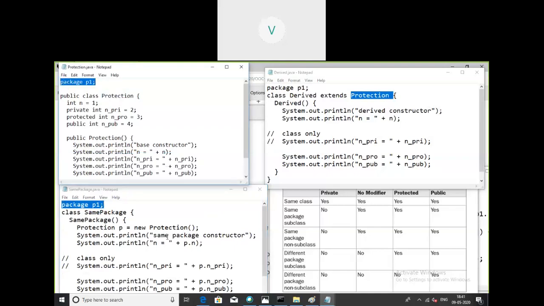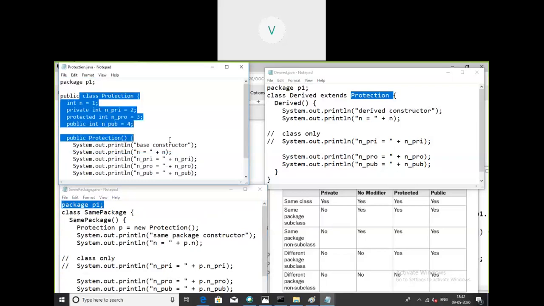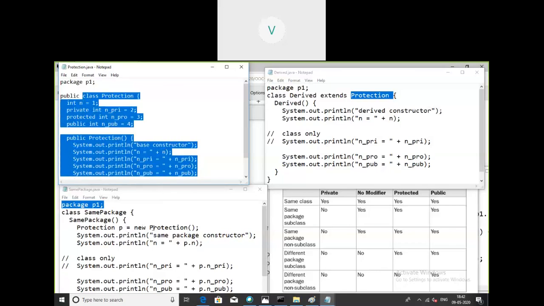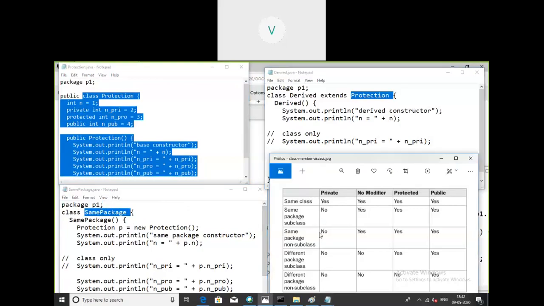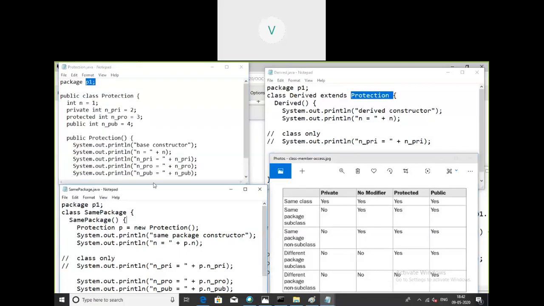Now in this scenario, what members of the class Protection are accessible to the same package? For the same package, non-subclass: SamePackage and Protection are present in the same package, but the class SamePackage is not a subclass of Protection. In this case, what are the possibilities?